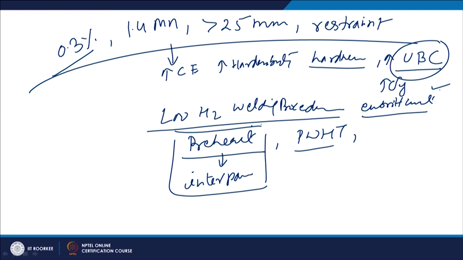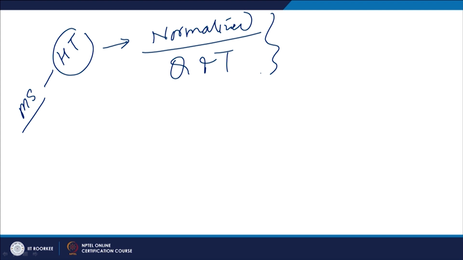Now, the mild steels are found in various heat treatment conditions. The normal conditions in which mild steel is found are the normalized condition and the quenched and tempered condition. This heat treatment is primarily given so that, as per the carbon content, high yield